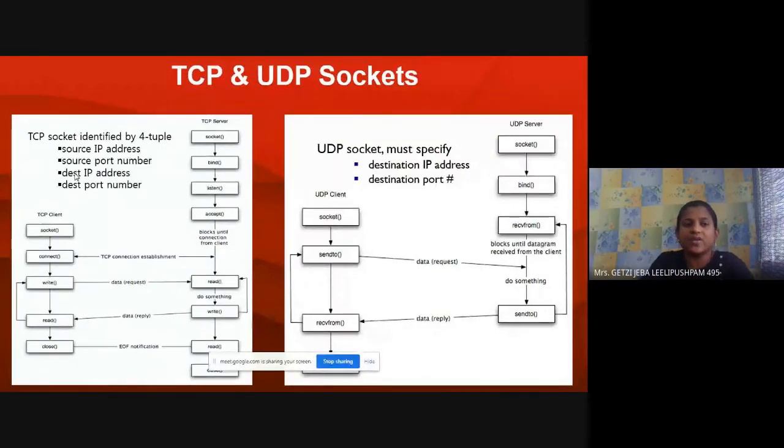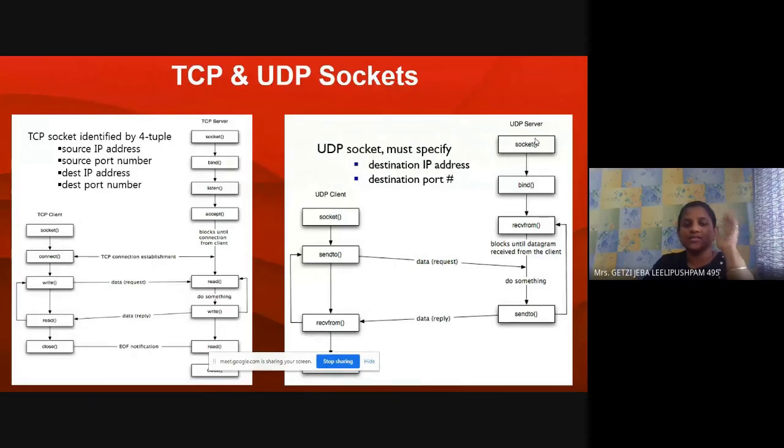So to do that, we need source IP, source port number, destination IP, and destination port number. But what about UDP? On either the client side or the server side, no need to bother who is the sender. It is enough that you know who is the receiver. So the socket requires only the destination IP, because, for example, in UDP, you send data, and the receiver is not going to send you any response for that data. Please be very clear.